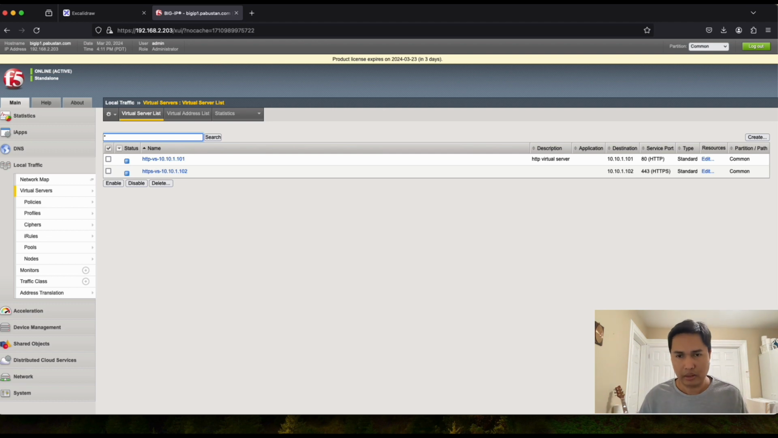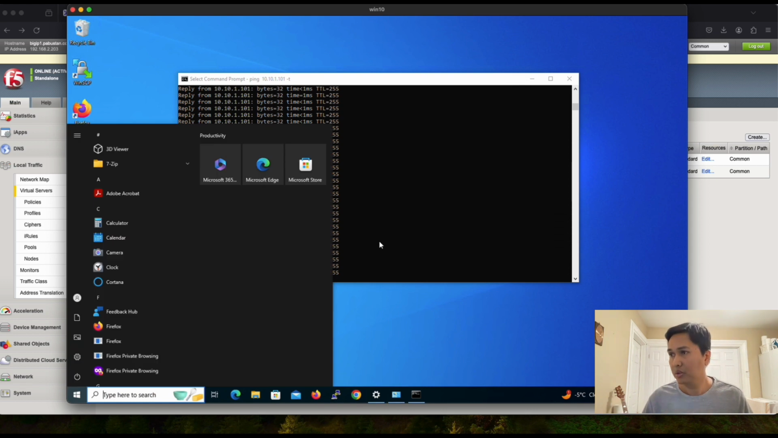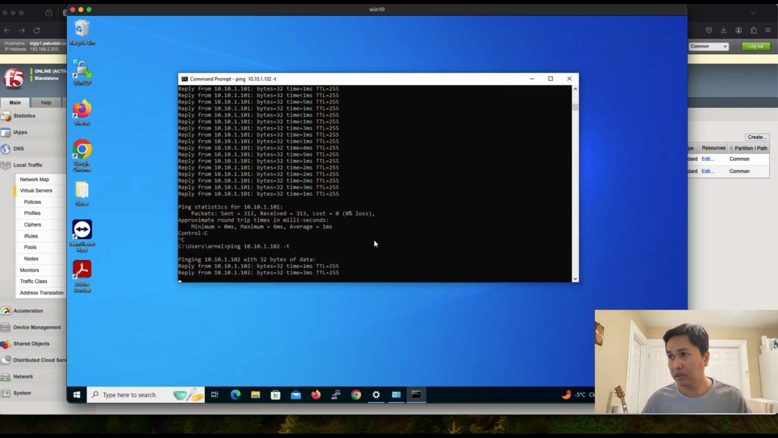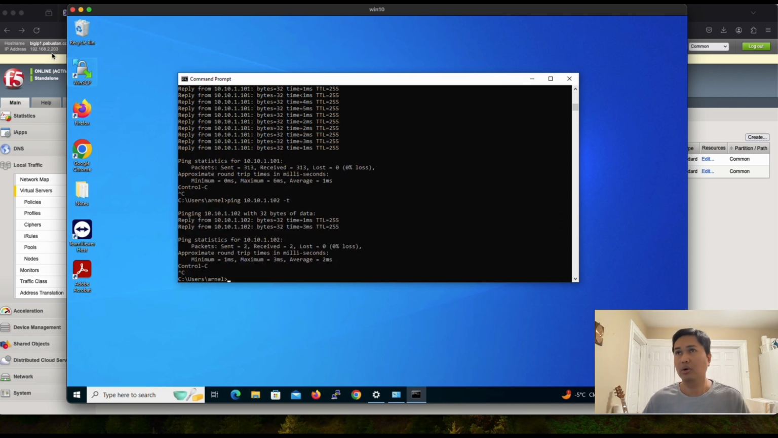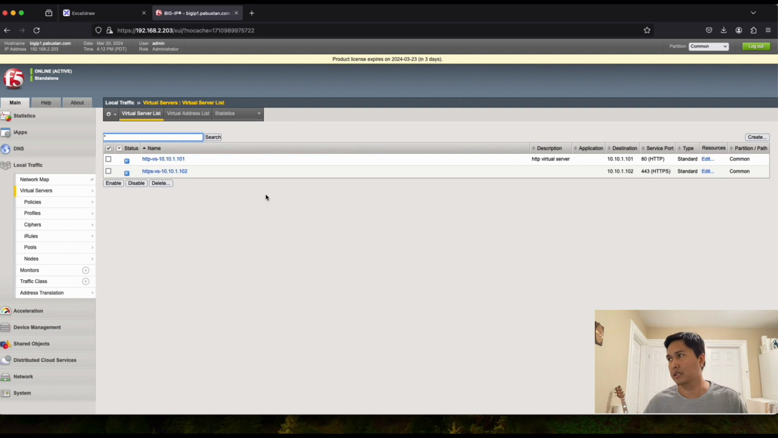Okay, so we should be able to ping now our HTTPS 102. Yeah, you can ping it. Okay, so we finished up to configure round robin. Then we'll verify if round robin is working, because round robin is like